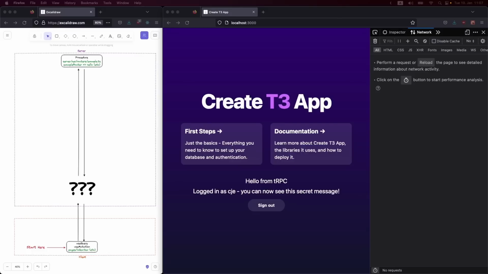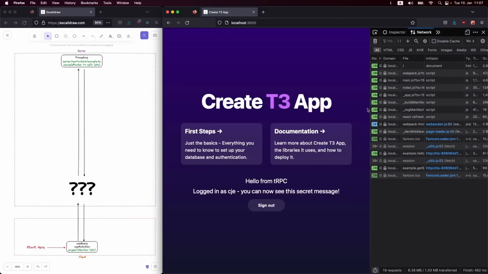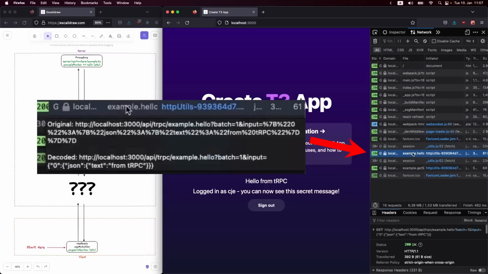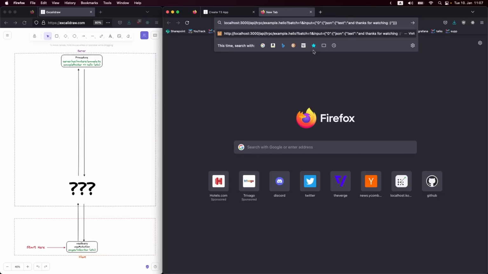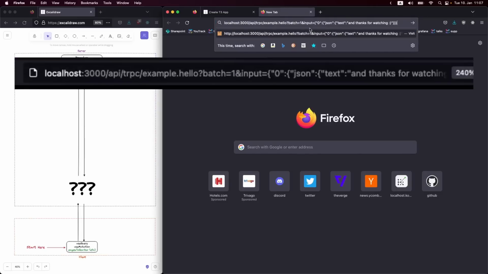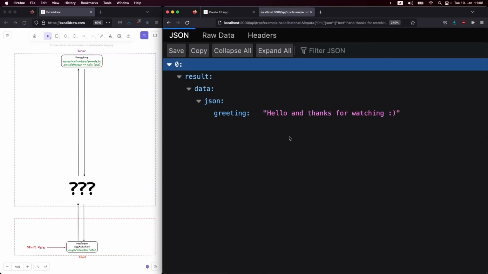So useQuery runs on the client and makes a network request. So we can open the network tab and refresh the page. And we'll see here this example.hello. And you can see it makes a GET request to localhost:3000/api/trpc/example.hello. Then there's batch. We'll look at that a bit later. And there's also input. There's nothing magical about these HTTP requests, so we can make them from anywhere. For example, let's just type this into the browser URL bar, and you can see we get it back here the same way. So when we look at the JSON that we get back, there's a greeting that says hello